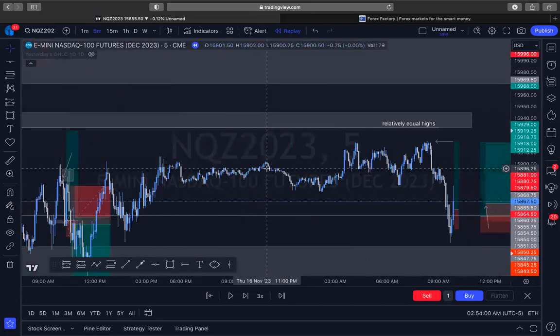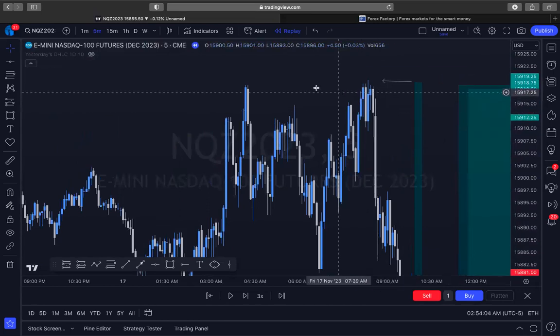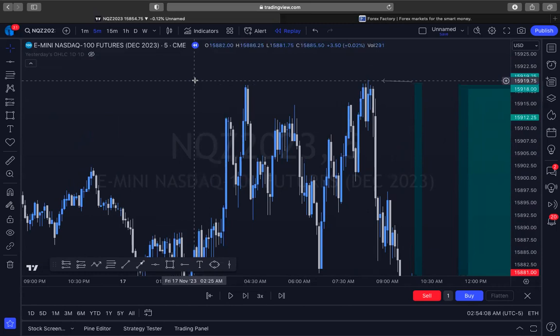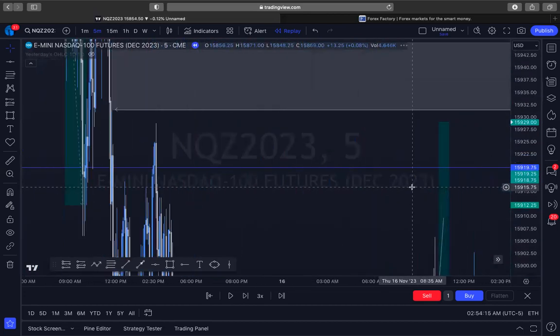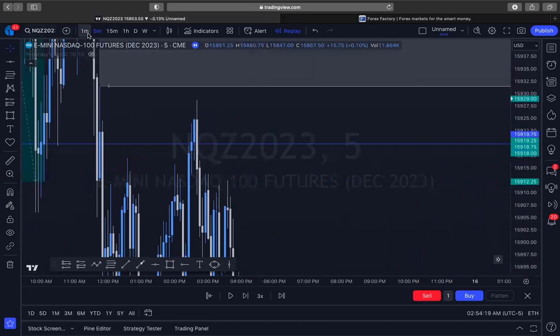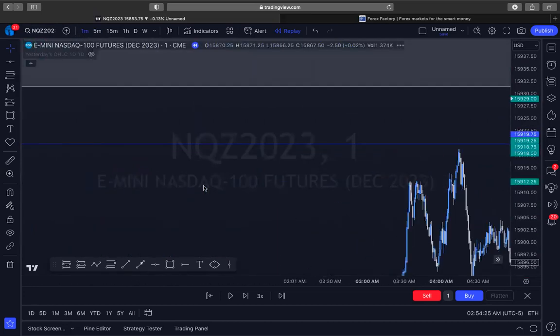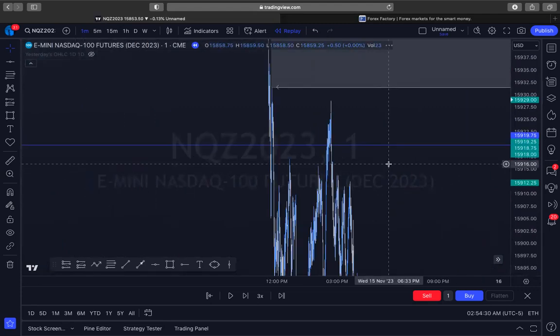Let me go ahead and show you a little bit closer so you guys can take a look. But it just barely did, but it took out these highs. I don't know if there was a fair value gap to the left, but we can take a look. I'm going to go ahead and mark this right here just to quickly scroll back and see if we had tapped into some sort of fair value gap. Even on the 1 minute, because if you can see here, this could clearly be a bearish order block that if it could have tapped into, could give us a confirmation to go lower, right?